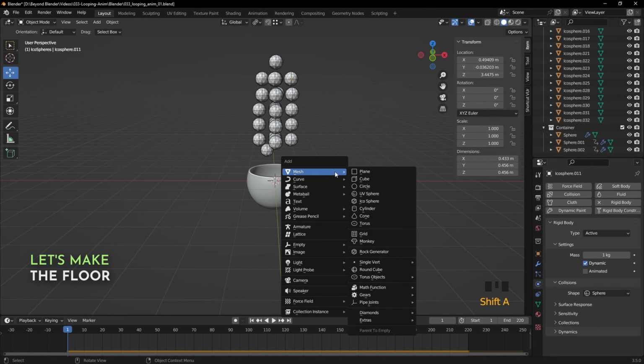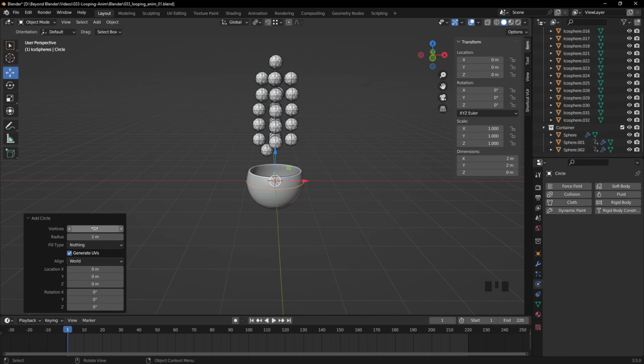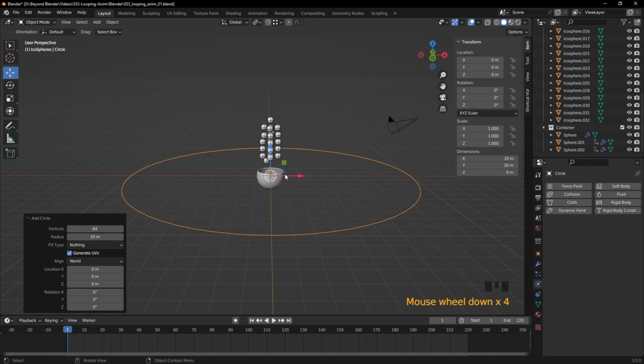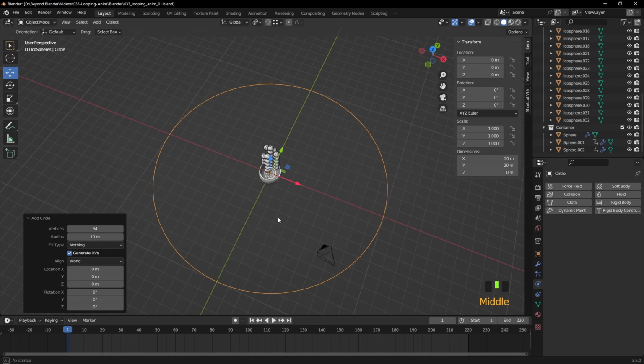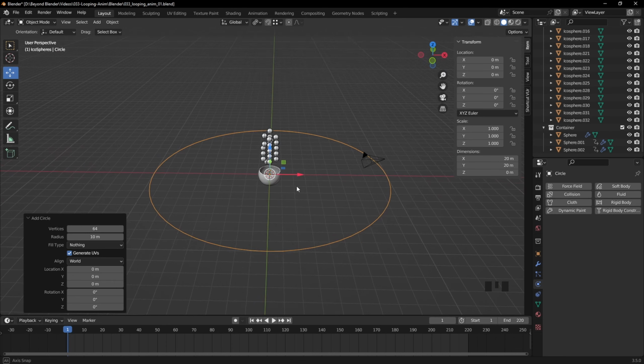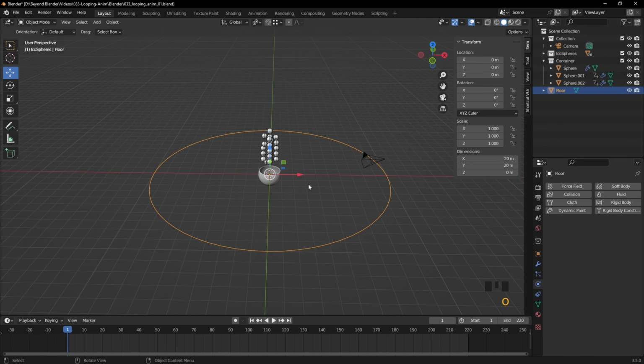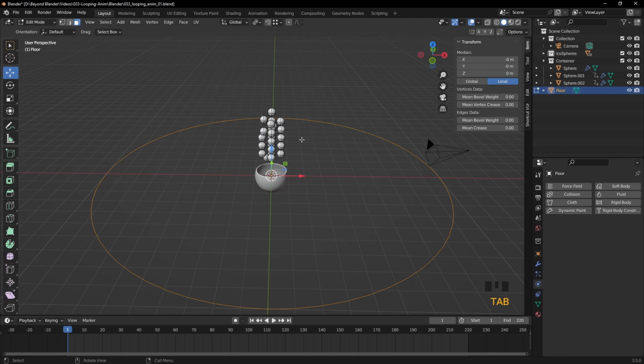Okay, with that done, let's make the floor. And for this, I used a circle. And I increased the vertices to 64. I made the radius 10 meters. And that's pretty good. And if we tab into edit mode, select all of the vertices in vertex mode, of course,